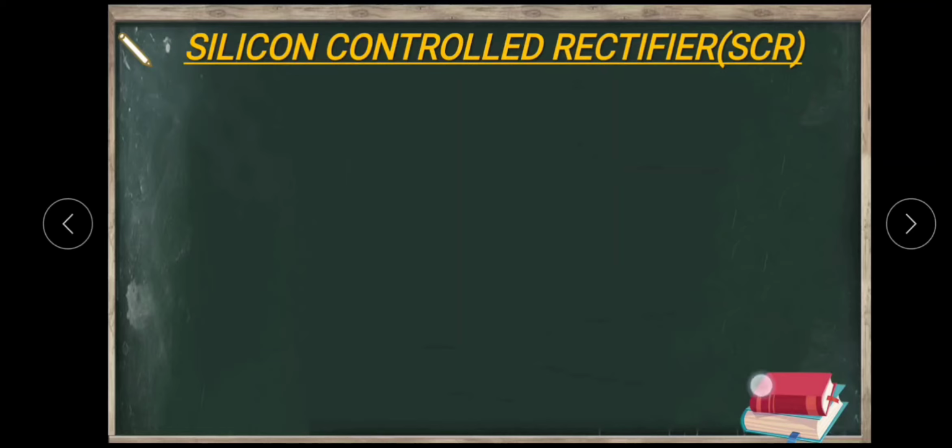It is made of silicon semiconducting material. It contains 4 layers, that is a PNPN structure, with 3 terminals and 3 PN junctions, and is mainly used for high power switching applications. That is what we call an SCR, silicon controlled rectifier. This is a very important topic, so please go through this slide and study it properly.